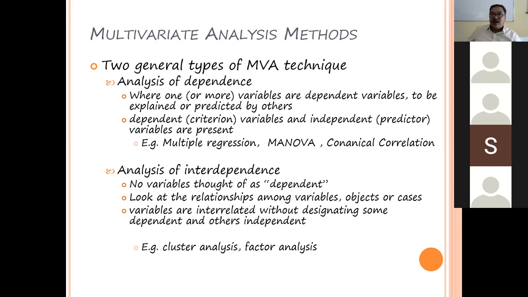Another kind of analysis under multivariate analysis is known as interdependence analysis. Here, no variable is thought of as dependent or independent. All are equally important; all are equally participants. For example, in a Kabaddi team there are 7 players. Catcher is important, rider is important, middle person is important, side covering person is important. Each and every one is important.